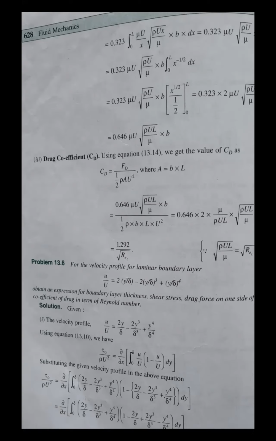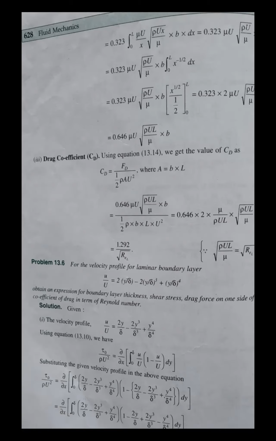And Reynolds number, you remember, it is rho UL by mu, where U is the free stream velocity, L is the length of the plate, and of course rho and mu are properties of the fluid flow. And that is how Reynolds number is verified. And whatever is the Reynolds number, I told you, the momentum integral equation can be applied. It is immaterial, or it is no way concerned with Reynolds number. Whatever is the Reynolds number value, the momentum integral equation can be applied.